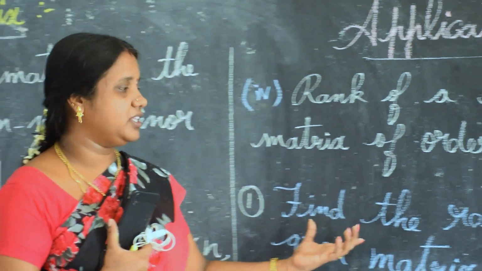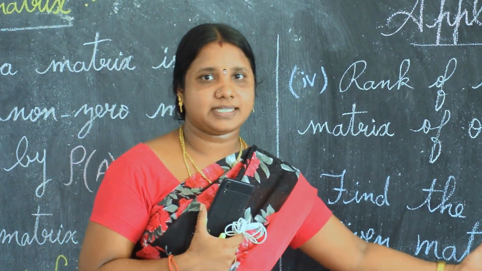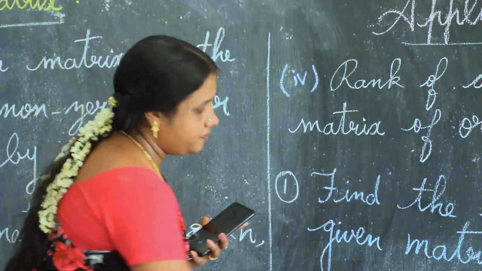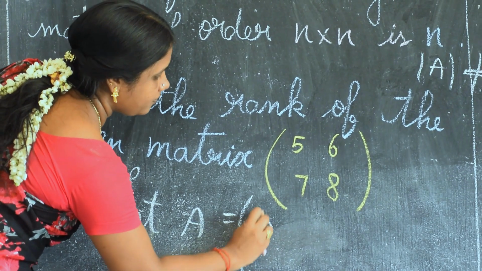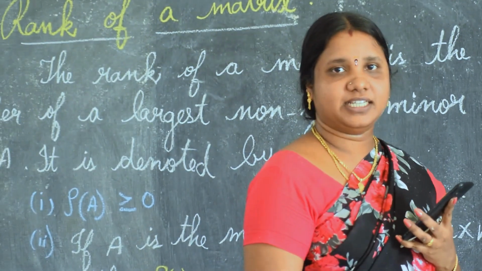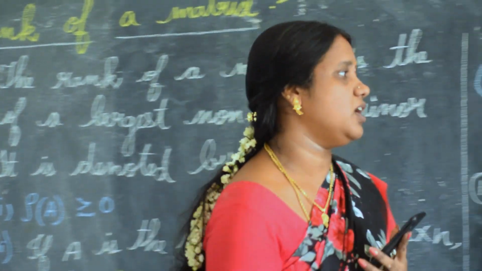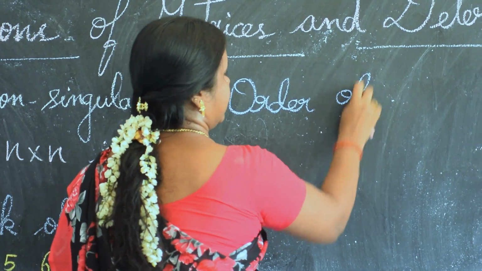I will explain with one problem. Find the rank of the given matrix 5, 6, 7, 8. First, you have to consider this matrix as A. Let A equal 5, 6, 7, 8. Next, you have to write the order of the matrix. What is the order of the matrix? Order of A is,